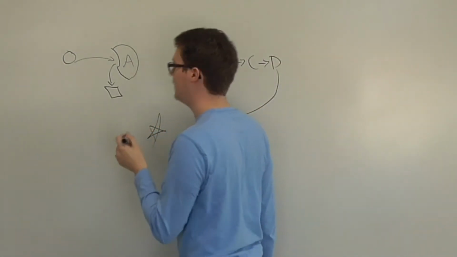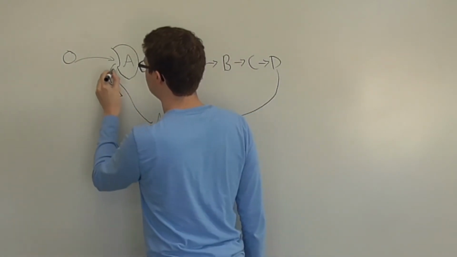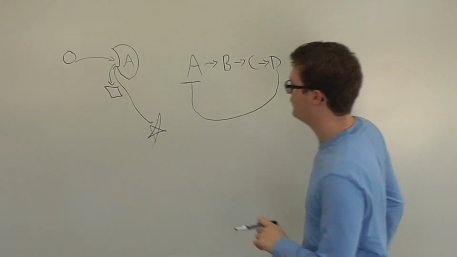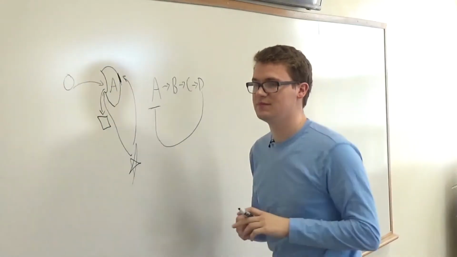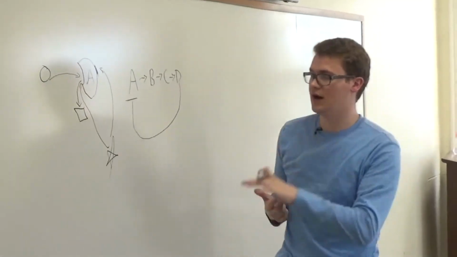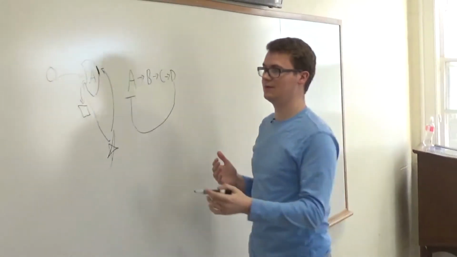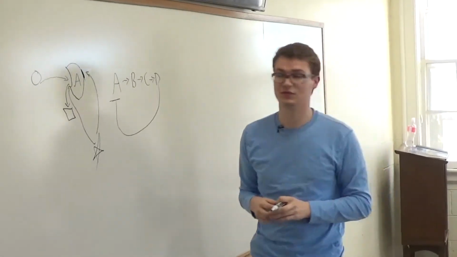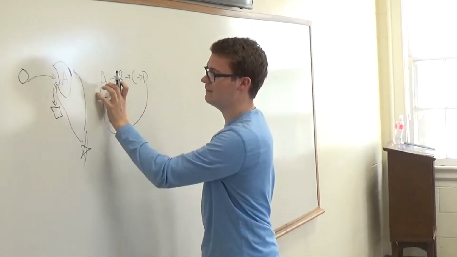Well, this star has a few different methods to sort of shut off or close down A. The star could come in and fill it in here. It's called competitive inhibition. If a star is there, the circle can definitely not fit in there. However, it could also attach to something called an allosteric site at the back. You have several different kinds of inhibition, or in other words, ways of shutting off an enzyme. You have the non-competitive, you have uncompetitive. I already described competitive over here as well. And then there's also a type of suicide one where it attaches to A and completely and permanently closes down this enzyme. In which case now you have to create some more of that as well. But beside the point, this product of D has been able to inhibit A.